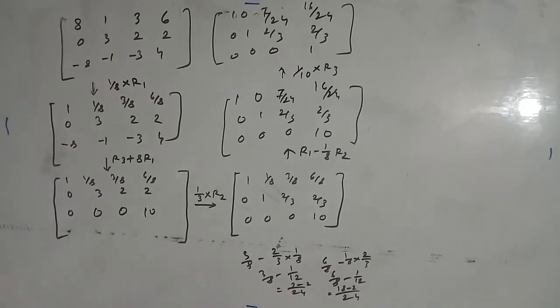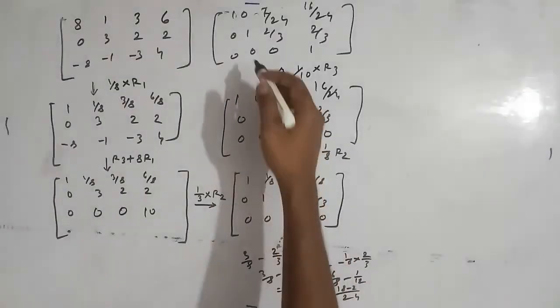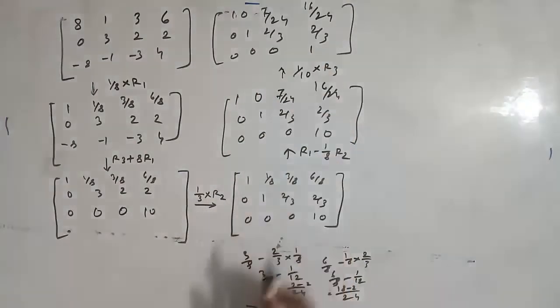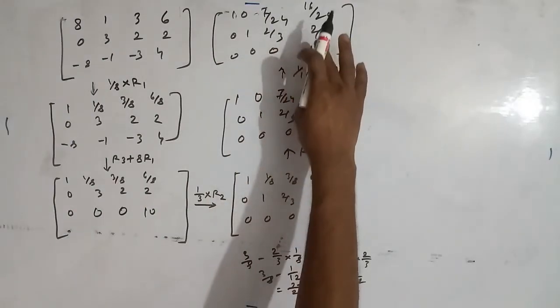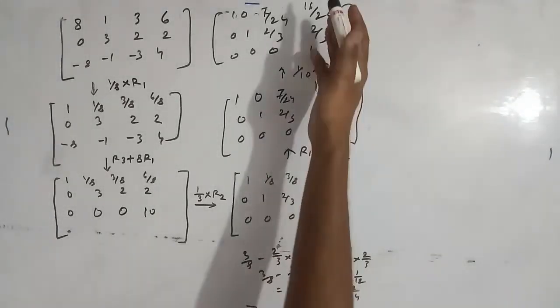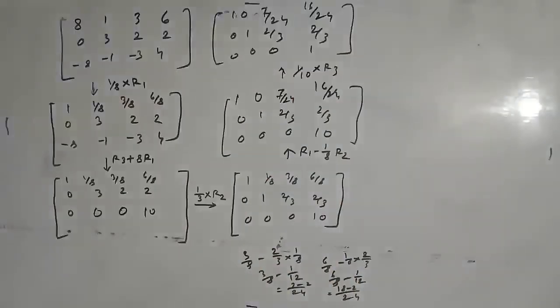Here the important point is, since we are calculating the non-zero rows to find the rank, in the above rows already the leading elements are 1, so these rows are non-zero rows. So whether this is 0 or non-zero is not a factor to find the rank. But according to the definition of row reduced form, this should be 0, so I will reduce it to 0. But it will not differ the rank of the matrix.